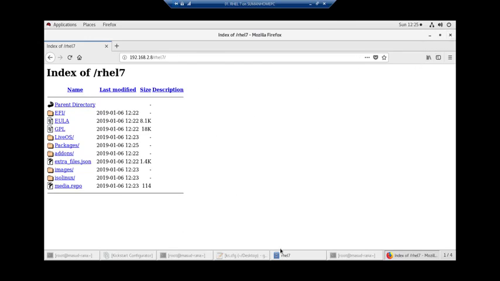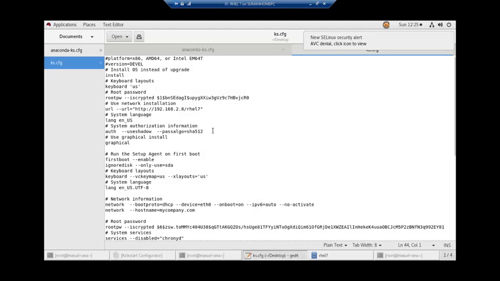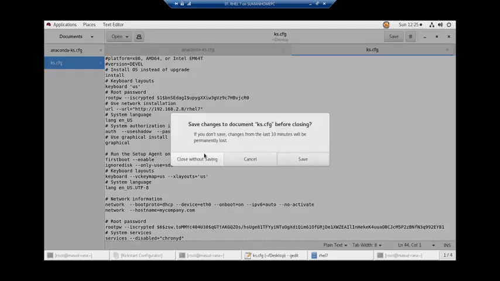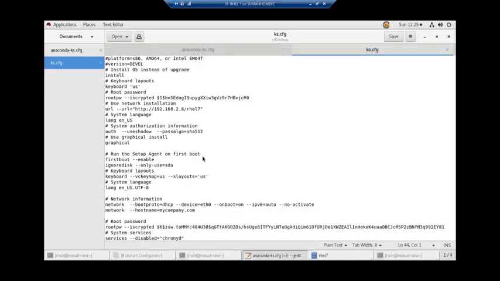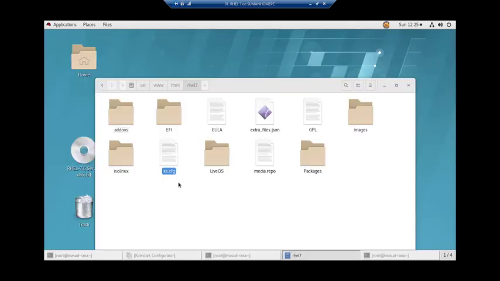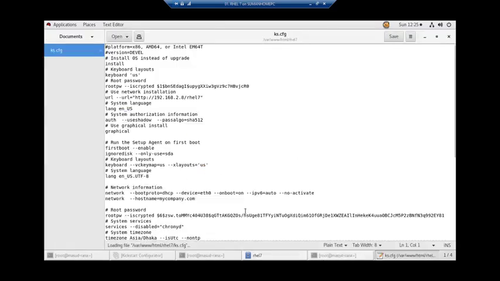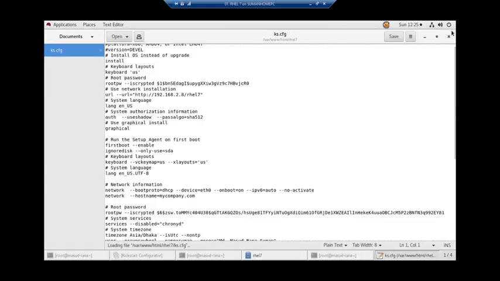I don't need this thing. I also don't need this thing. Close without saving. Here let me check again the ks.cfg file. Yeah, everything is okay.